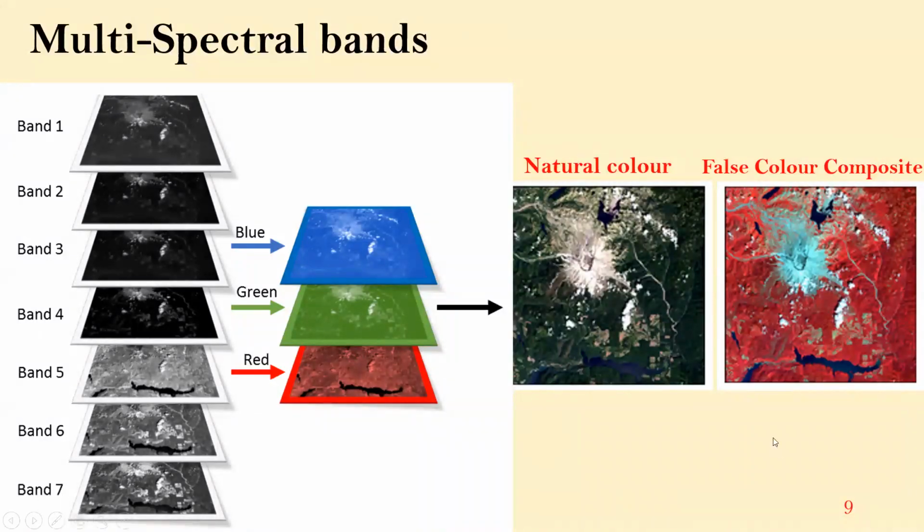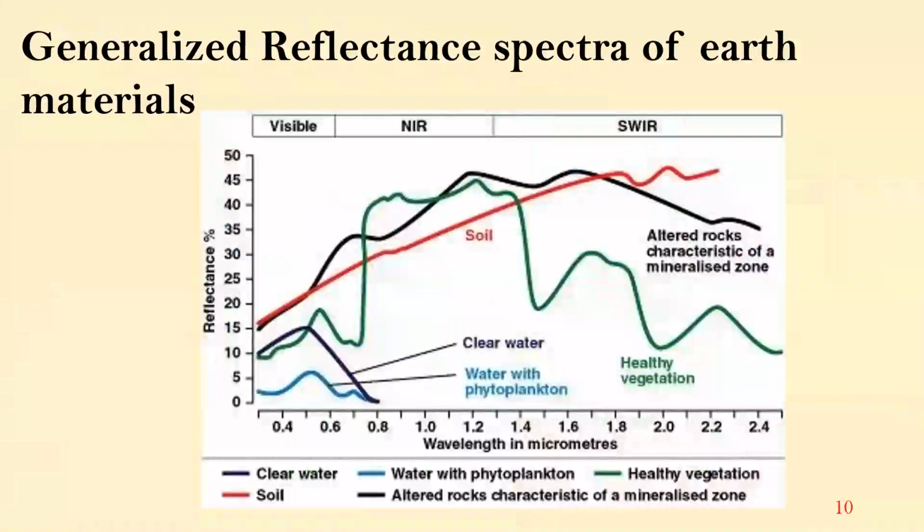As you can see, the reflectance intensity is changed here in water bodies and even vegetation. Whatever you are seeing as green vegetation is now represented in red. So it makes it easy to interpret the satellite image. Once the multispectral image is made, we are able to see the spectral reflectance signature of various Earth features.